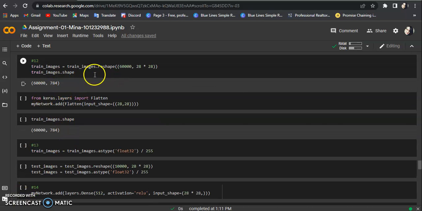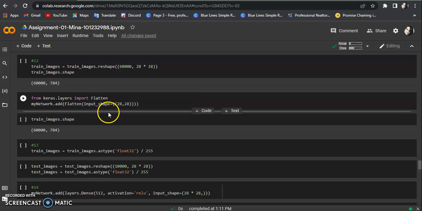Reshaping here means just make the images in one column, put them in one column, and using two methods, reshape and